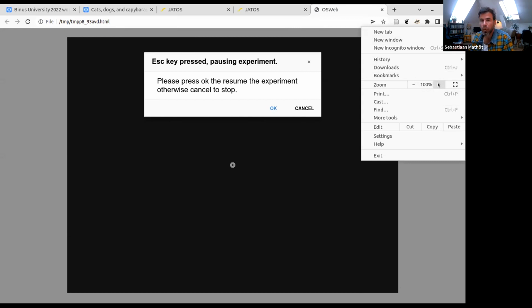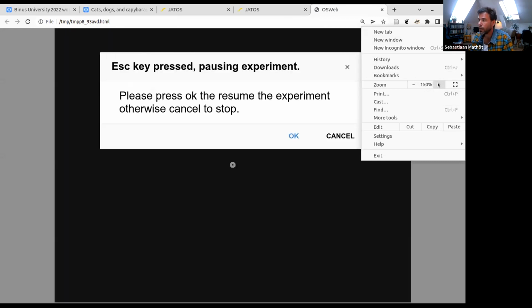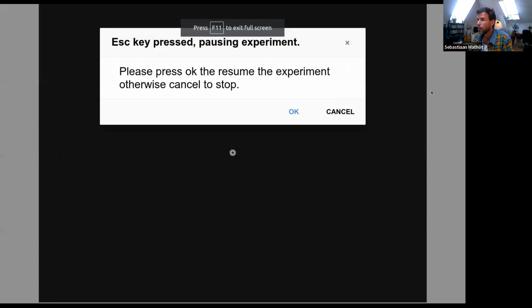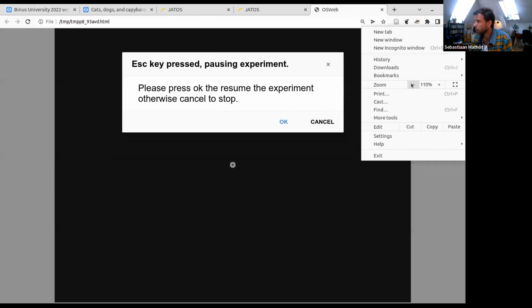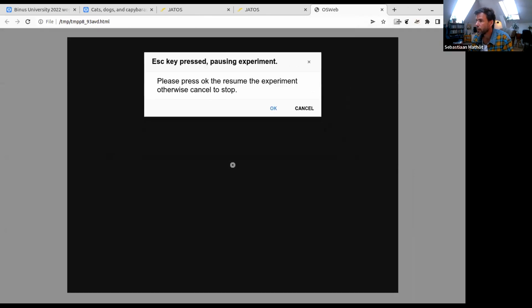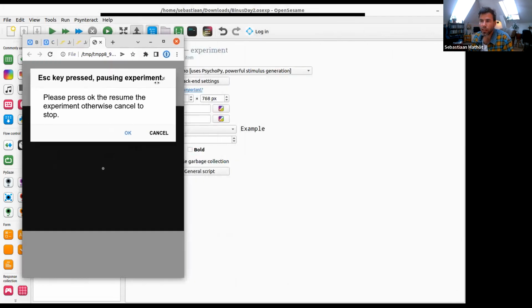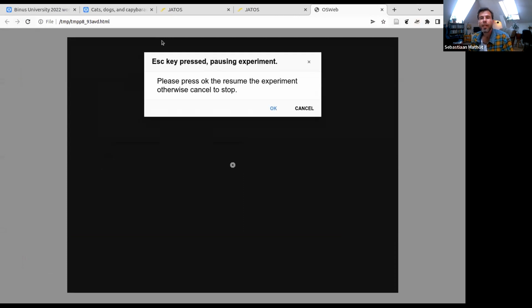But if I, like most people, zoom in, it will become bigger and have a very different size. And also if I scale the window, you see that the thing will actually scale along with my window. You see, it becomes much smaller because it doesn't fit anymore. And all of those things together mean that you don't know the physical size of the stimuli on your participant's computer, and you also don't know the size in pixels. In principle,